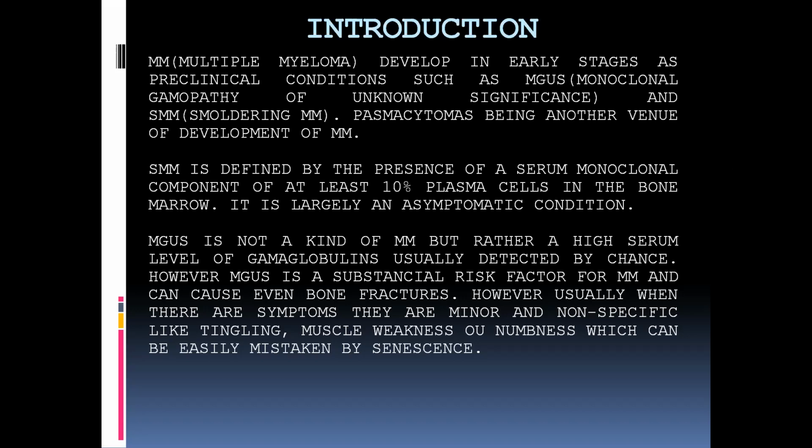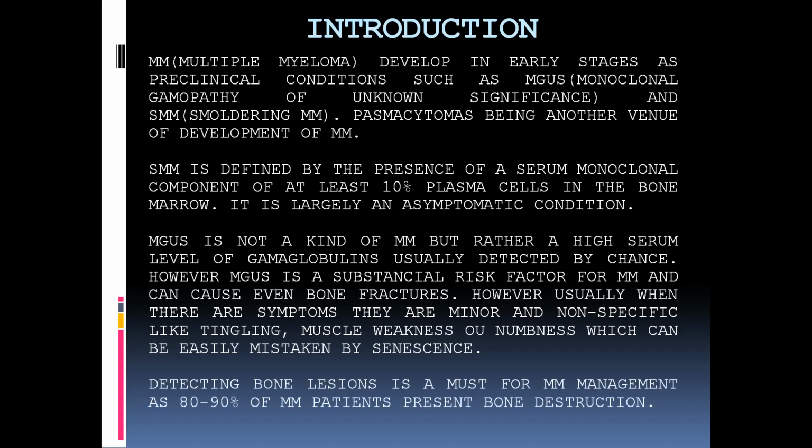When it has symptoms, they are very small things, like tingling, muscle weakness, numbness. Sometimes it can produce fractures in a small number of cases, but mostly these are symptoms and signs that can be mistaken easily for senescence, as these patients usually are 70 years old or older. Now, detecting bone lesions is the main point of this article because